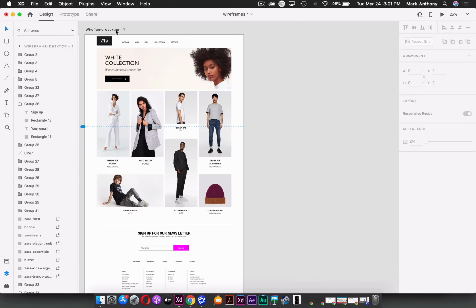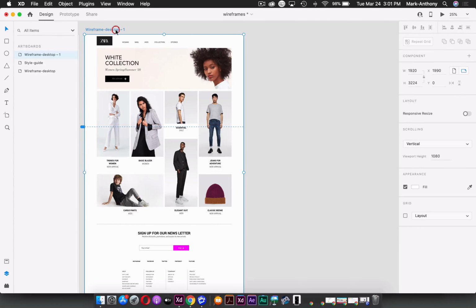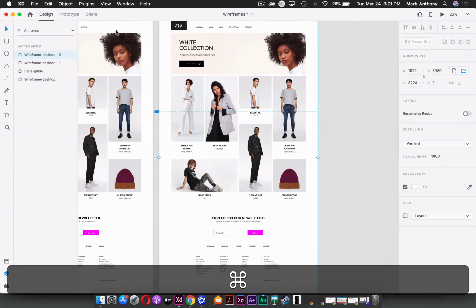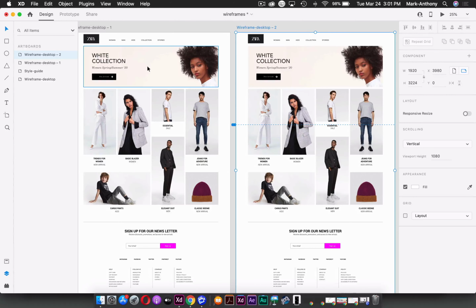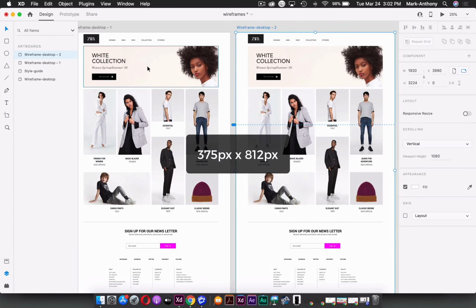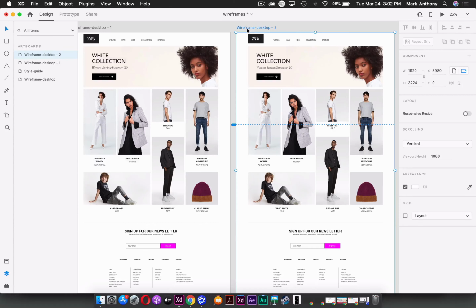Once you're done, create a duplicate of your artboard and reorganize it for a mobile device. So now that my mockup for the desktop landing page is complete, let's design a layout for a mobile device. I'll do mine for the iPhone 11. The viewport dimensions for the iPhone 11 are 375 pixels by 812 pixels. So I'll select my artboard,